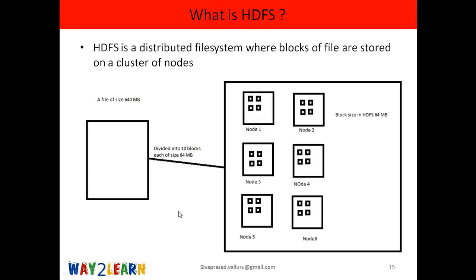Let me explain. I'll go to a previous slide. Let's assume that the file name is a.txt, and it is of size 100 MB. Assume that the replication factor right now is 1. There are 2 blocks, block 1, block 2. Just assume that the replication factor is 1 to make your concepts clear. Now what I want to do is write some program which will analyze the data present in both the blocks.